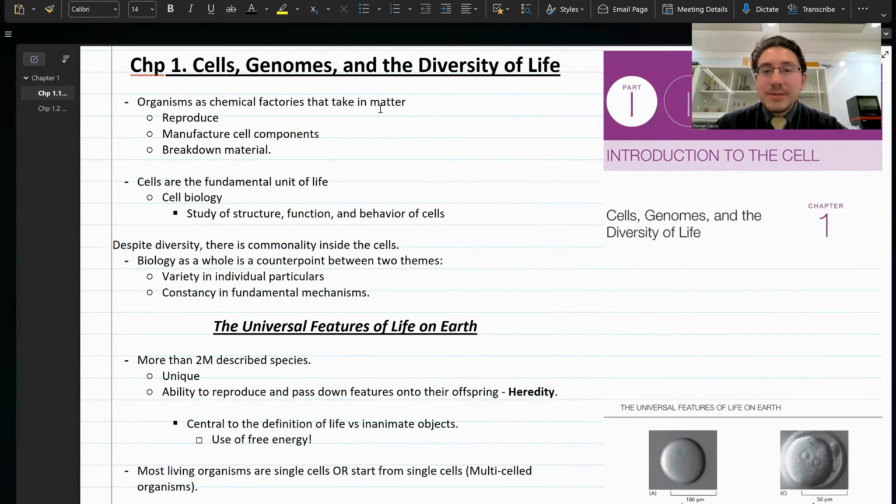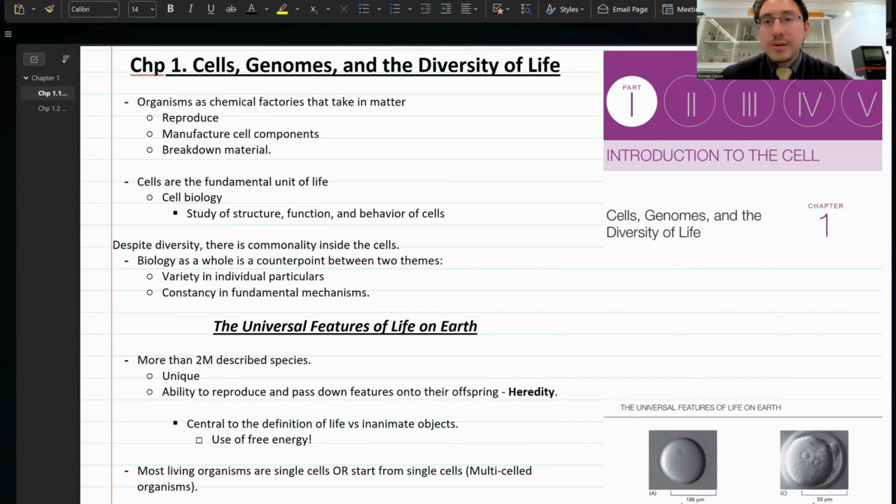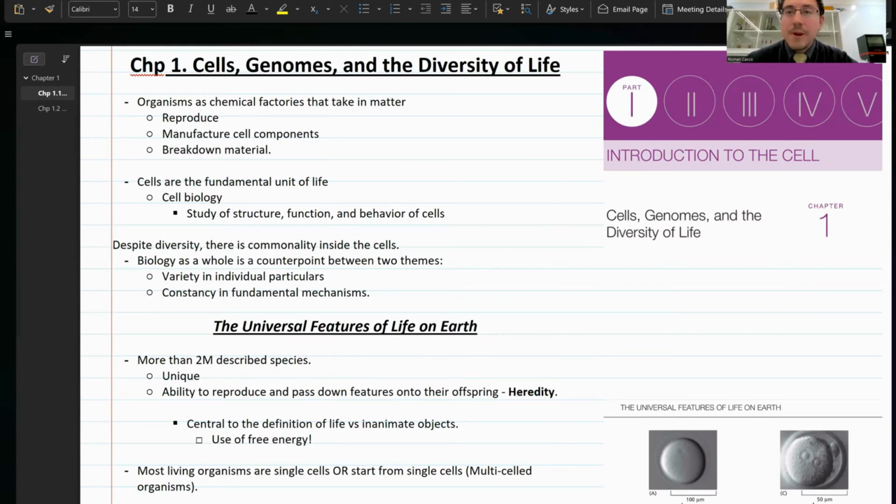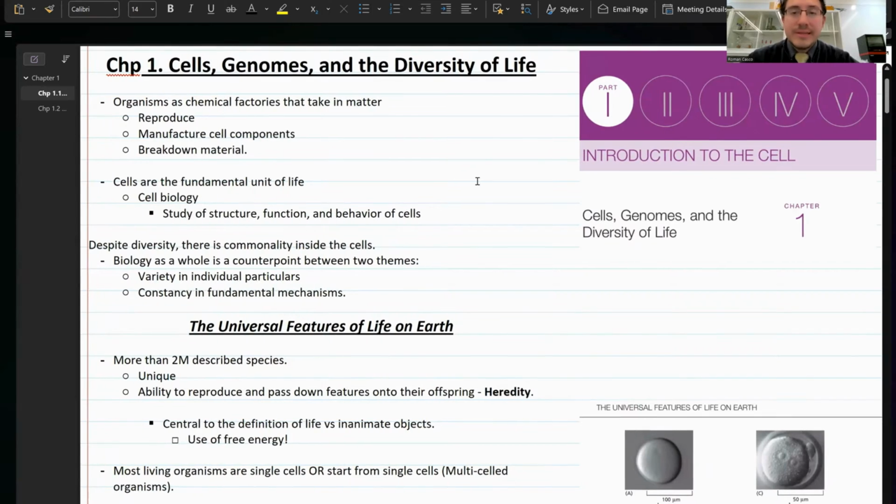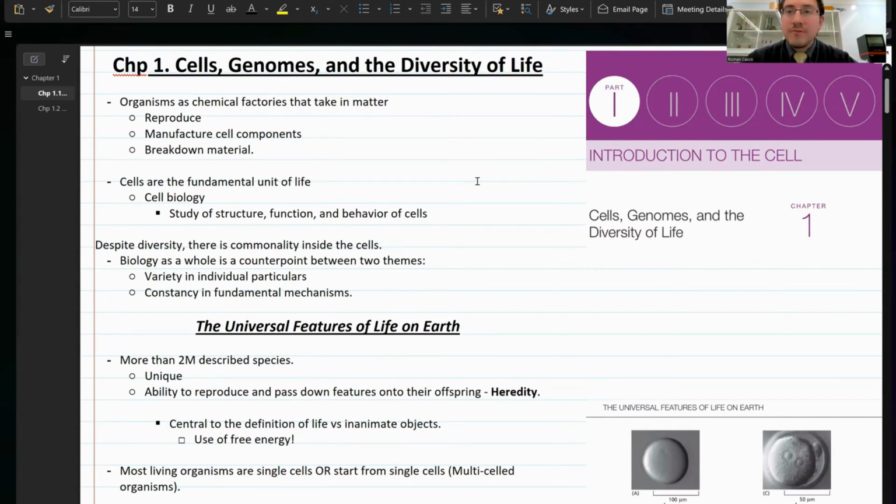All right. So chapter 1 is basically cells, genomes, and the diversity of life, where the textbook gives a broad introduction on what is life, right? And some features of what is characteristic about cells, right? So it's quite interesting how they kind of plot this idea of a cell as being chemical factories, right? You have a lot of molecules that are interacting,